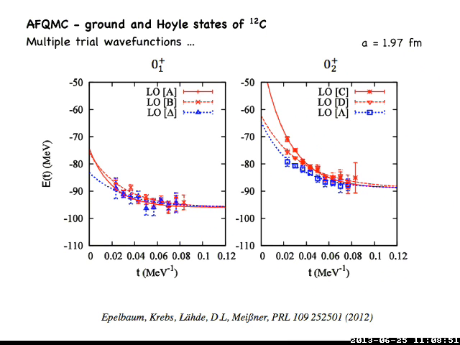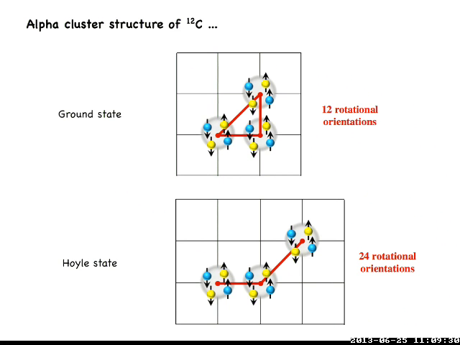So here is the data that we have for the Hoyle state, which is an excited state. It has the same quantum numbers as the ground state, so it's also a 0 plus. These ones that are here, this thing that we call delta and lambda, correspond to these initial states where we use